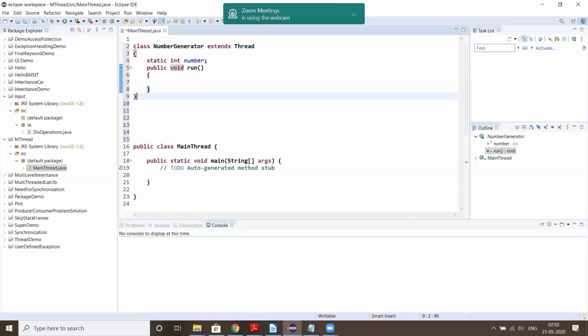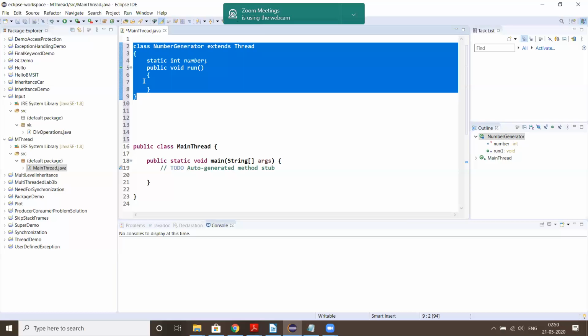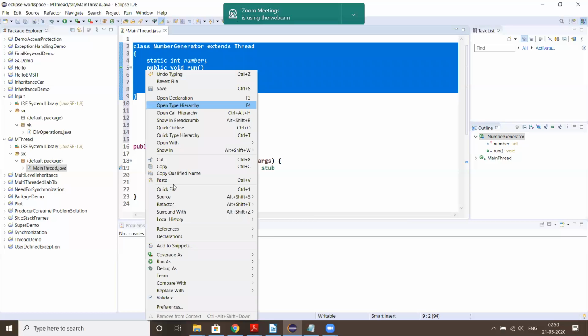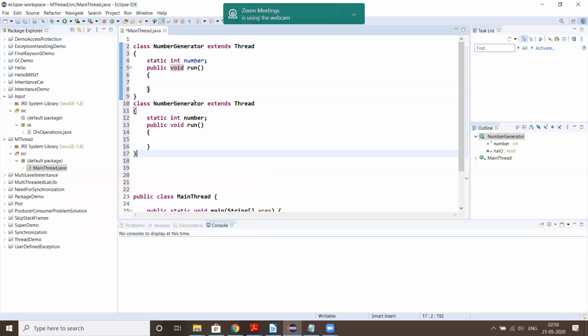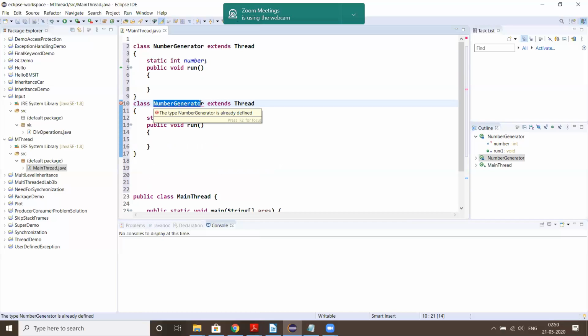So this is the class generator. Let me have another class, I'll just copy paste. So this is going to be a class which is going to compute the square of a number. Since I don't need this number here, I'm just going to display its name.